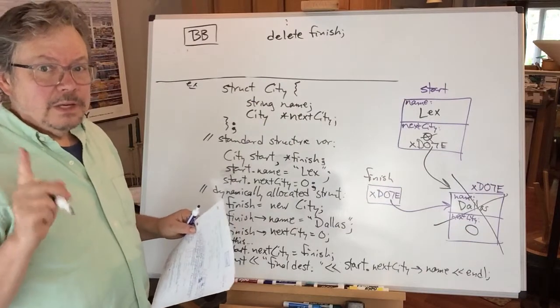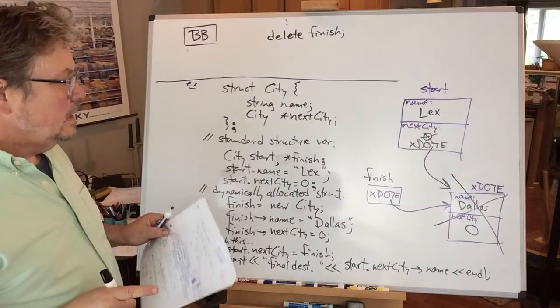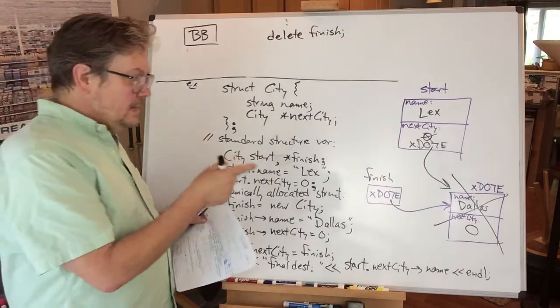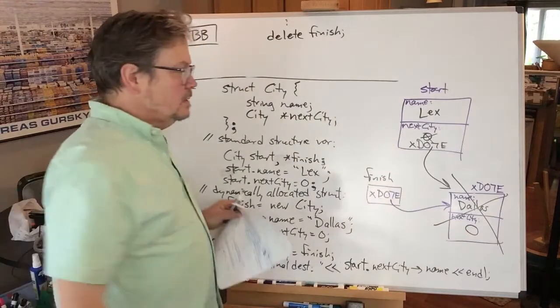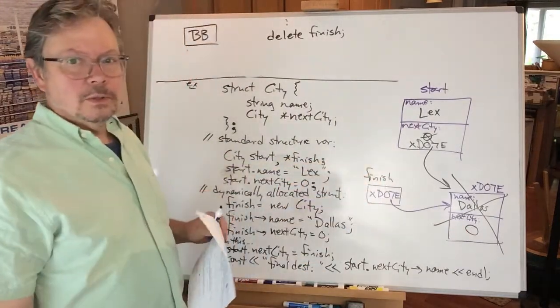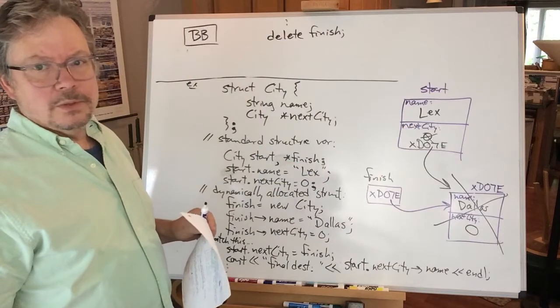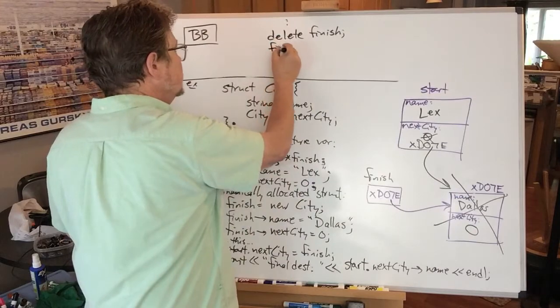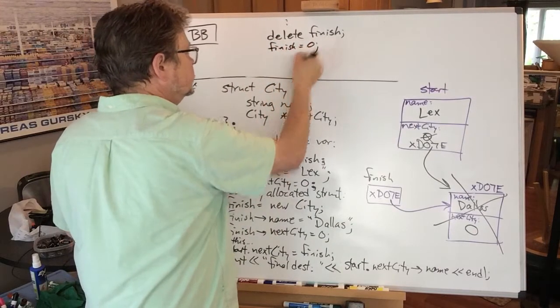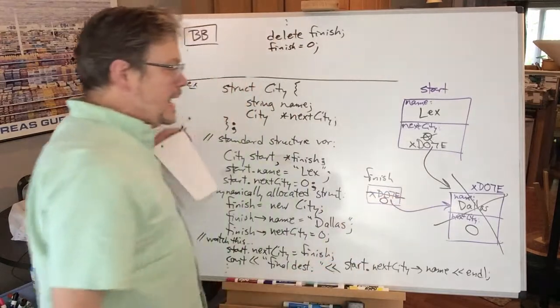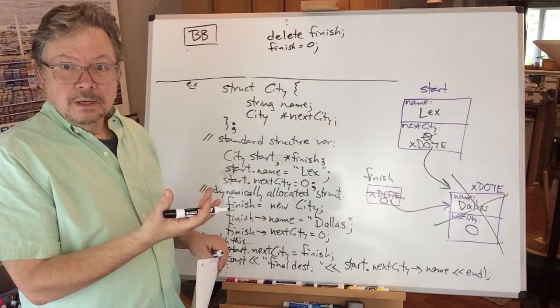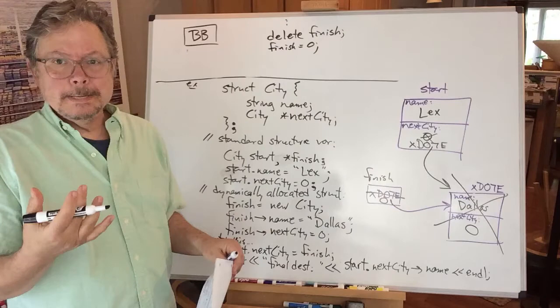Now, by convention, careful convention, and I'm sorry this all got squashed and wrapped around, now that this got returned to the system, that means all of a sudden I've got two pointer variables whose values are not valid anymore. And I can do these in any order, but I need to do it before I forget. Finish equals 0. There. I won't accidentally try to say finish arrow name anymore because I'll test it before I use it. If finish is non-zero, then print out finish arrow name for me. See how we could use that? So I'll check and see whether or not it's